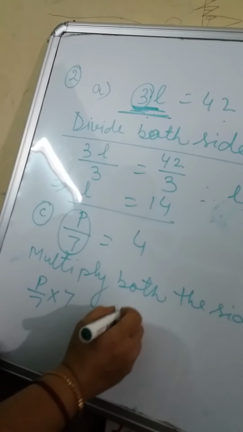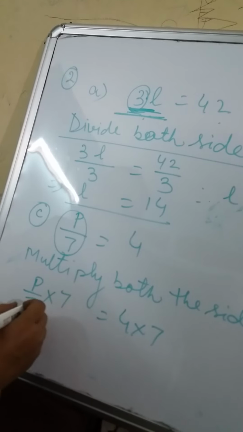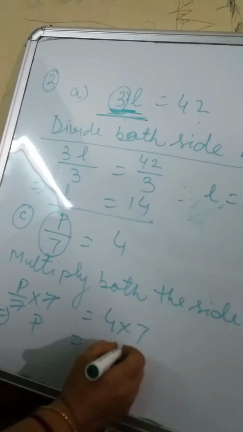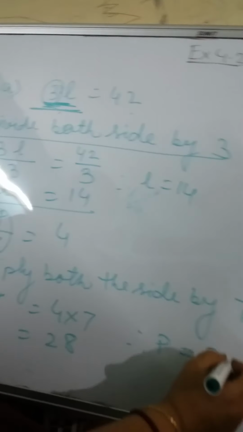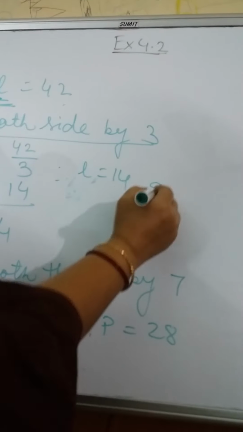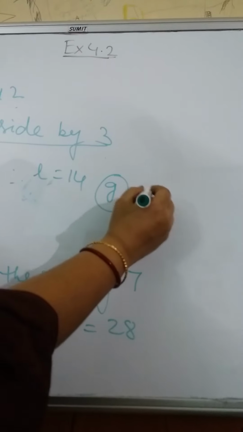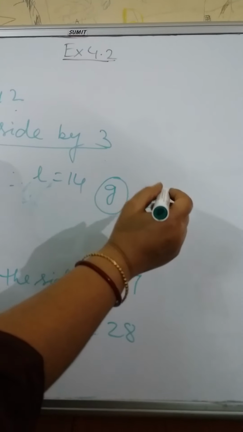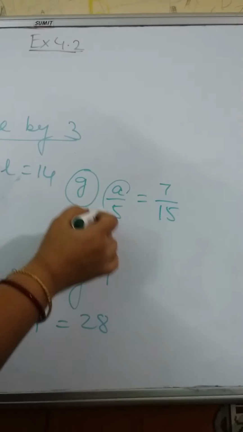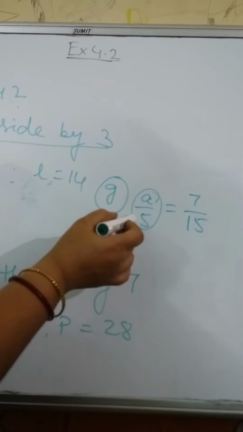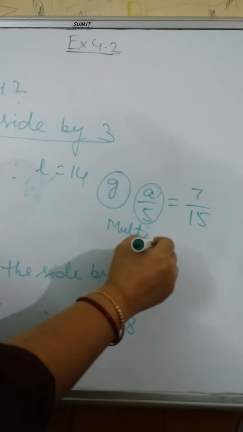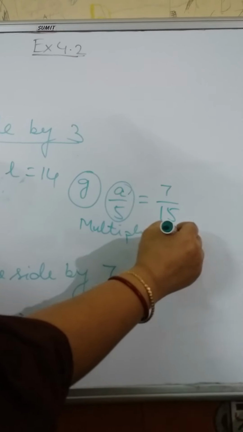When we multiply both sides by 7, the left hand side becomes p by 7 into 7, and 4 into 7. So 7 into 7 gets cancelled. p will only remain, and 4 sevens are 28. So the solution is p equals 28. Same way we will do G. It is a by 5 equals 7 by 15. Here it is division, so you have to multiply. So multiply both sides